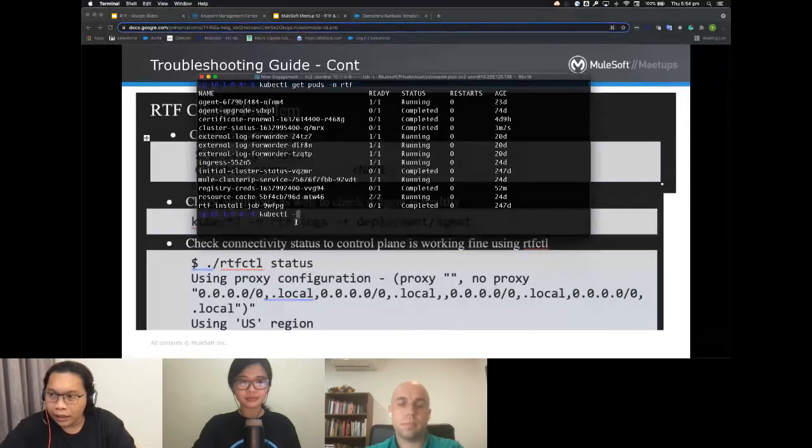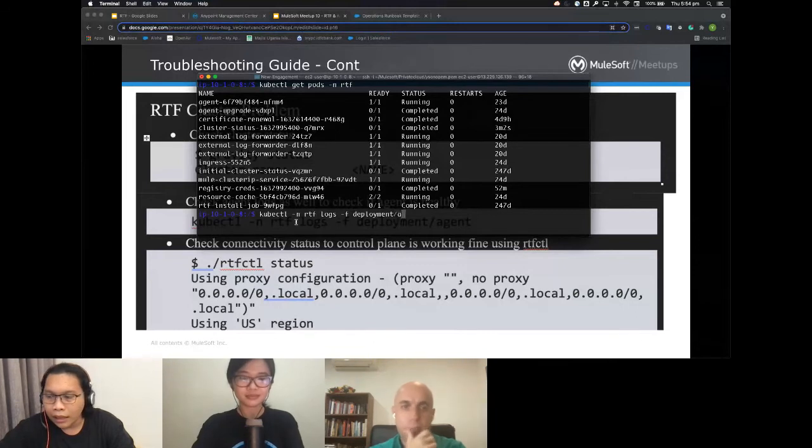We can just check the log for this. That will print all the communication logs between the agent and the control plane.